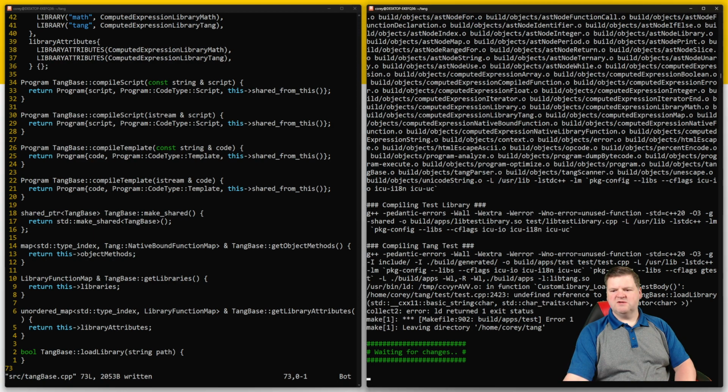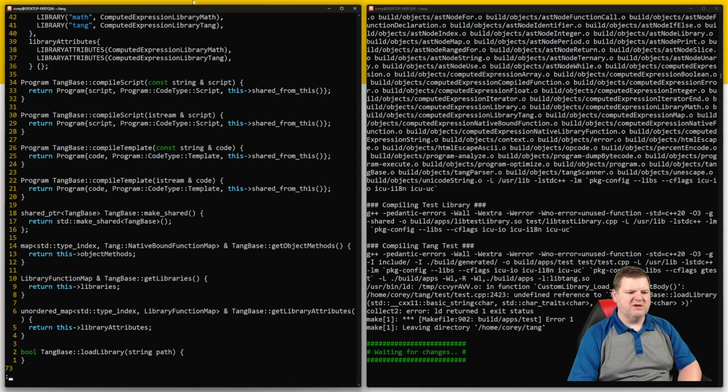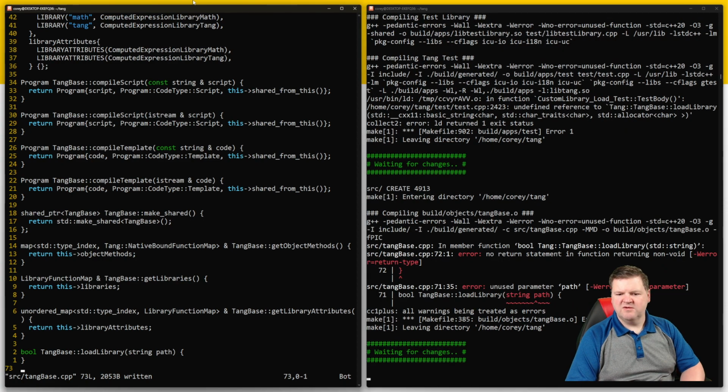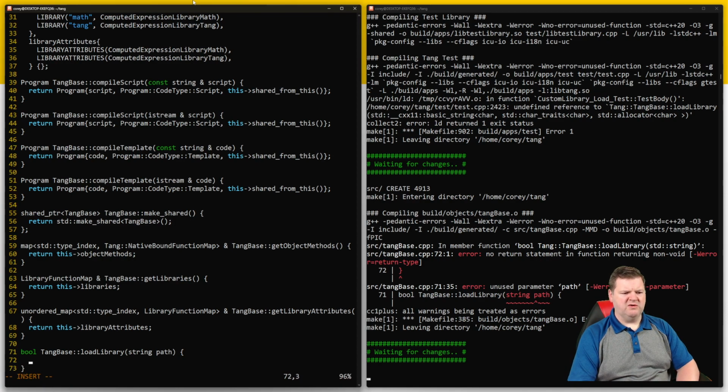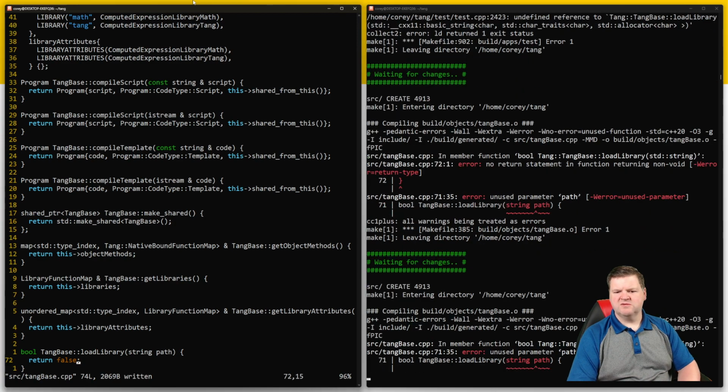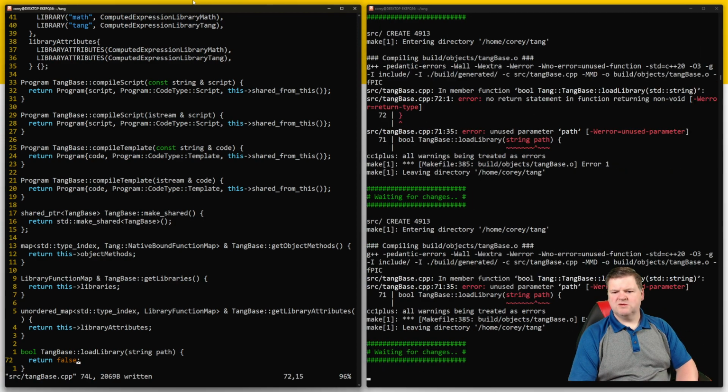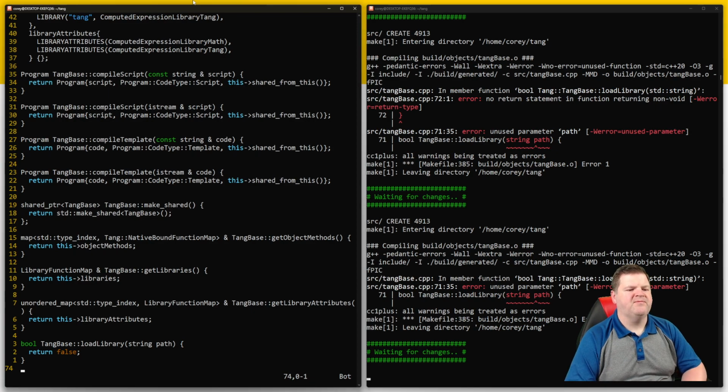Undefined reference to load library. That's fine, because I had not put it in place yet. Oh. Return false. Yeah. So